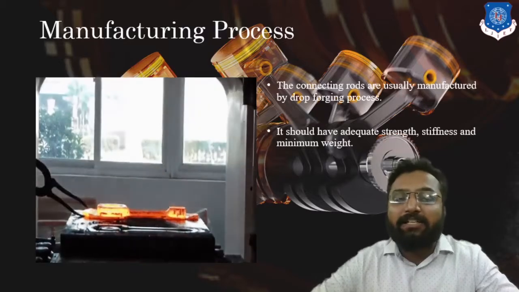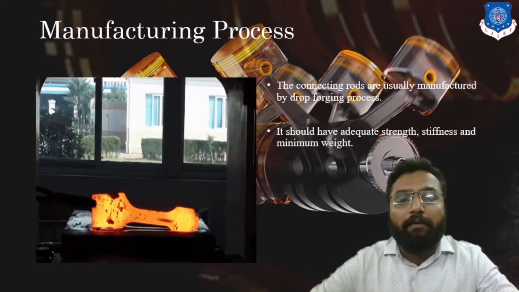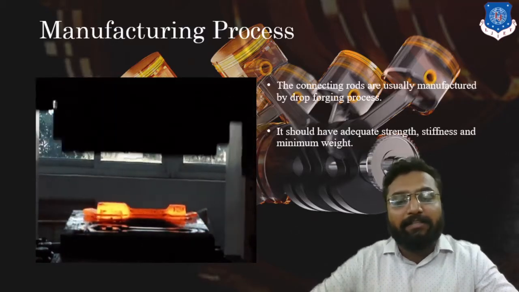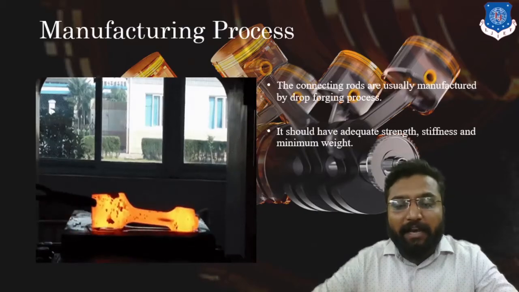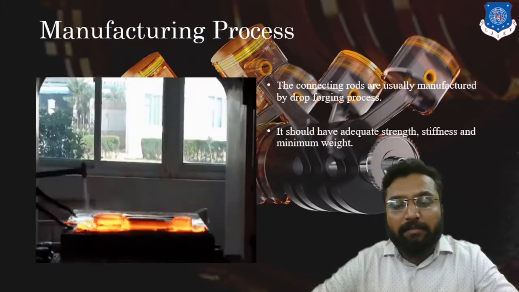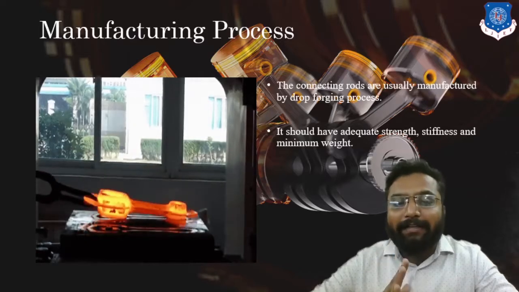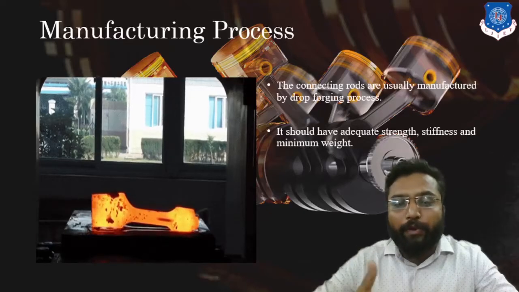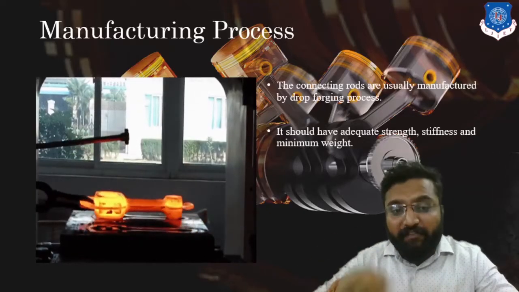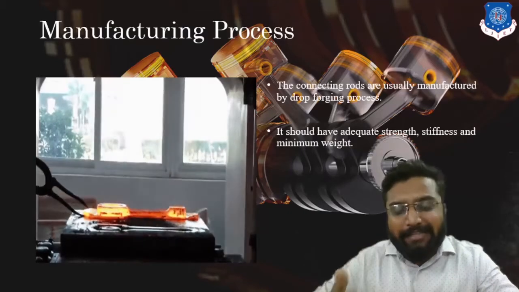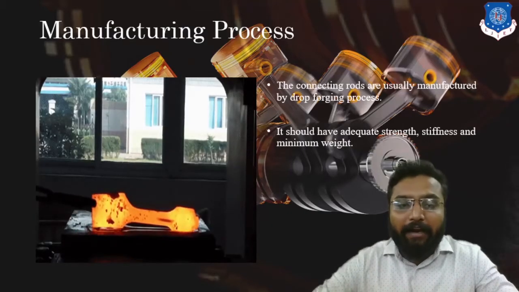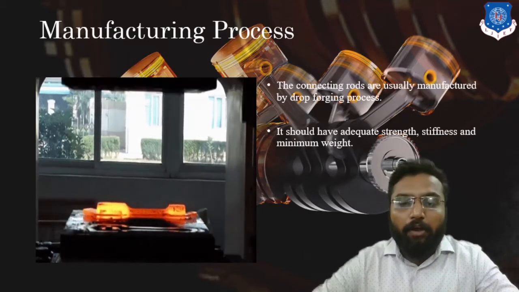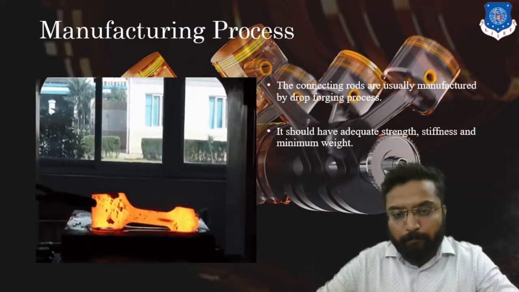Clear? How will this inertia force work? This inertia force works due to gas pressure which is generated inside our cylinder piston cavity. Via our piston, this force is transmitted to our connecting rod, and due to that force it comes under inertia effect, or inertia forces. Due to its own weight, it tries to dismantle, or misalign, our connecting rod assembly. Clear? So it should have minimum weight, or you can say light weight, for its adequate strength and stiffness.